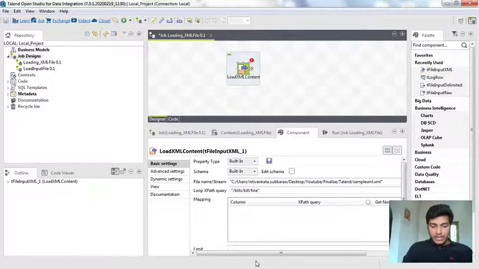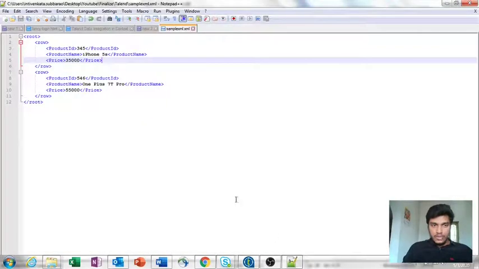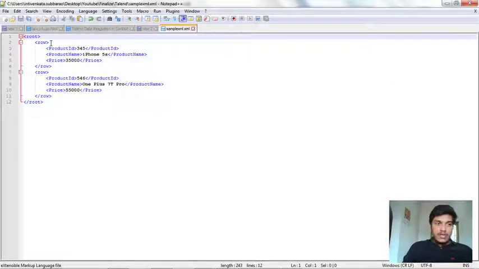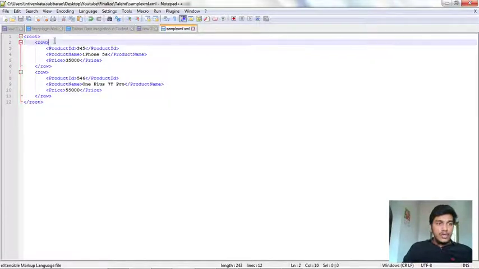For that, we need to go to the sample XML file and identify the loop we need to write in the loop XPath query. You need to write the tags that get iterated, like here the row, which gets repeated for each row. So you need to write the main tag slash the sub tag.